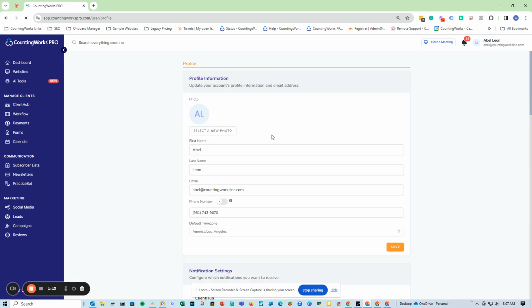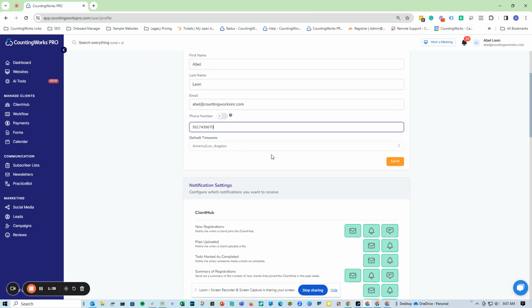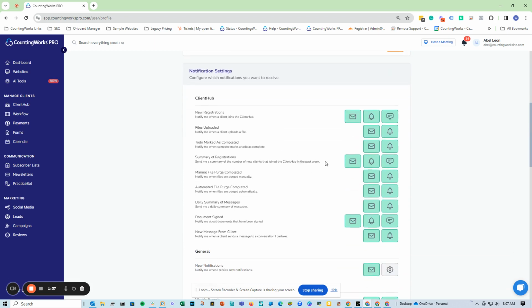This is where you can add your photo. It's important to add a photo here because if you do end up using the scheduling tool, your photo will need to be in here in order for that to appear on your website. All right, you're going to make sure your mobile number is added here. You're going to want that flag on. You're going to want to make sure your time zone is set correctly, and then you're going to set up